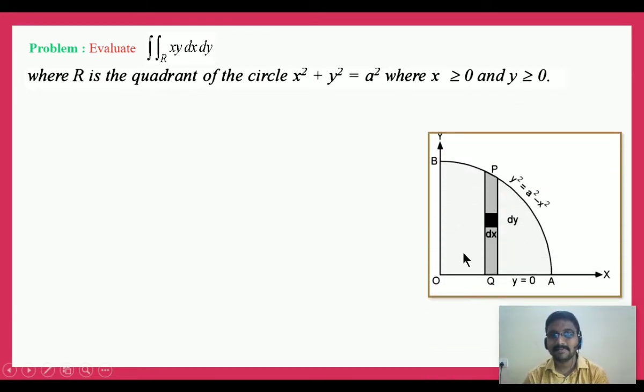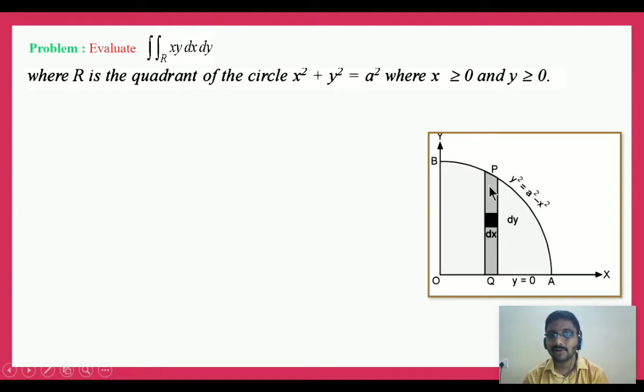So it is the shape of the curve only considered in the first quadrant, because both x and y are positive in the first quadrant. So the circle is x square plus y square equal to a square. That is y square is a square minus x square. It is one fourth part of the circle, which is centered at the origin and having radius a units. Only the first quadrant is considered, because both x and y are positive here.